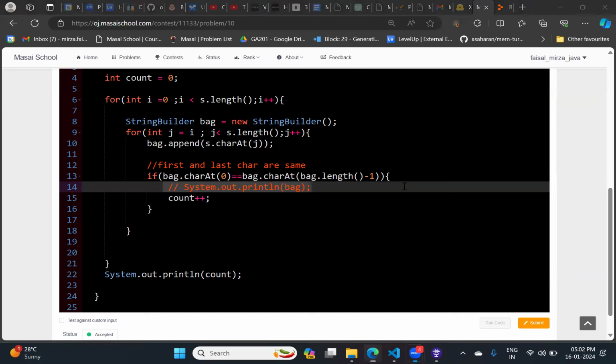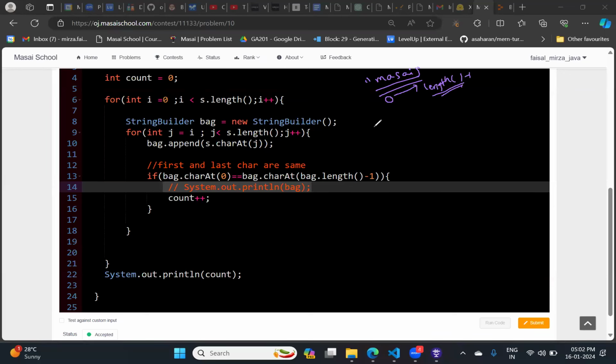What is our problem statement? Just forget about this. Just tell me, this is a string, MASAI. In this string, I want to check the values of the first and last character. So how will you take out the first and last character? The indices start from 0 and go till length minus 1. Can I say that? Yes, sir. The last index will be this. So in this way you can take out the characters.